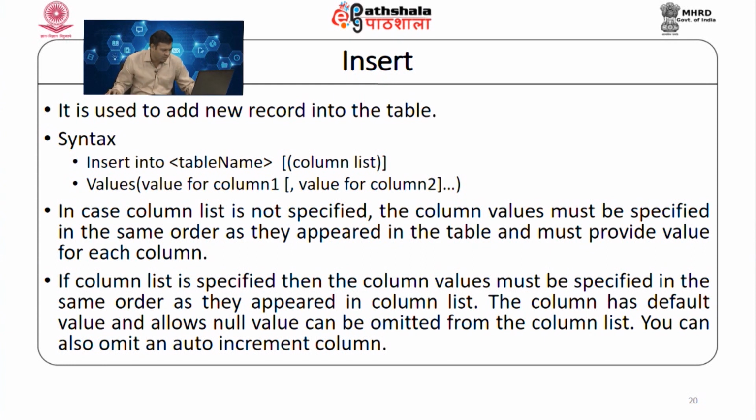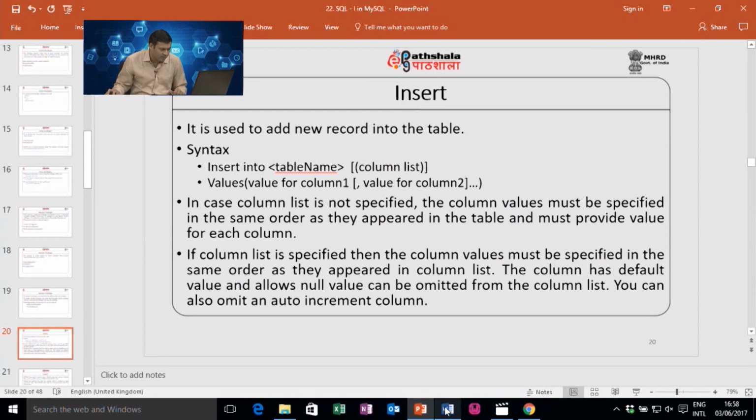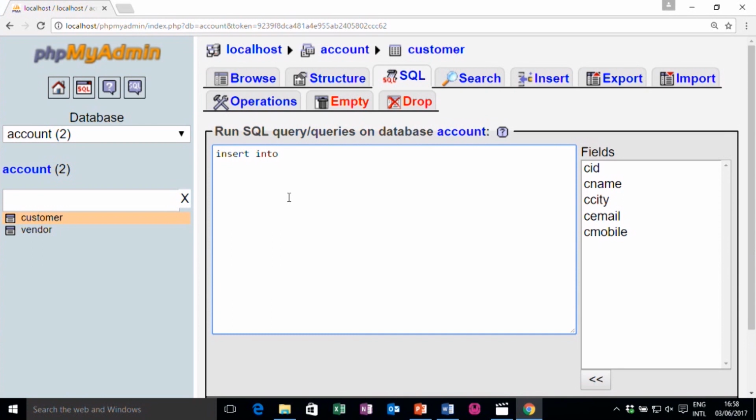Let us take examples one by one. Say for example, let me add the first record: insert into customer, and here I provide values for all these columns. These are all the fields. So, I can write values. Customer ID is, let us say, 1, customer name is, let us say, Vipul, that I will write in single quotes because characters are always written in single quotes. Let me zoom in, so you can see it clearly.